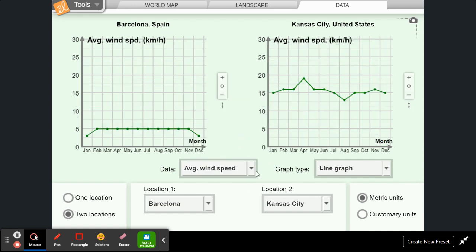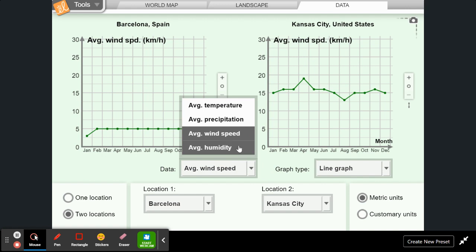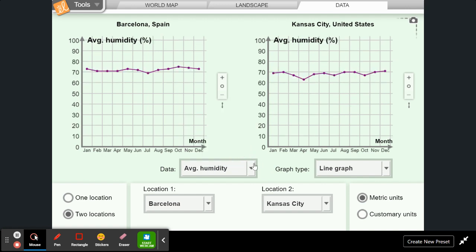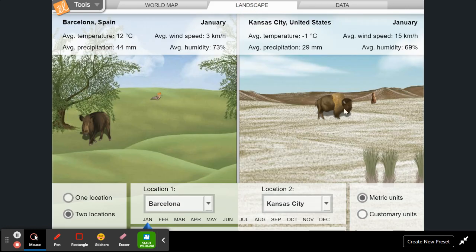Wind speed, wow, and humidity. Humidity is very similar for both. Landscapes is somewhat similar. It's a little bit drier in Kansas, and the livestock is different. So that's something that students can play around with to observe different climates around the world at different